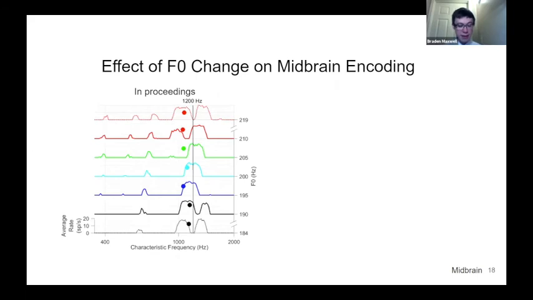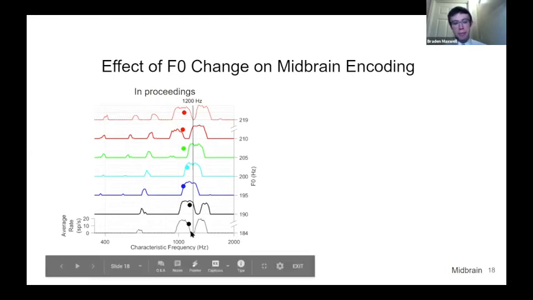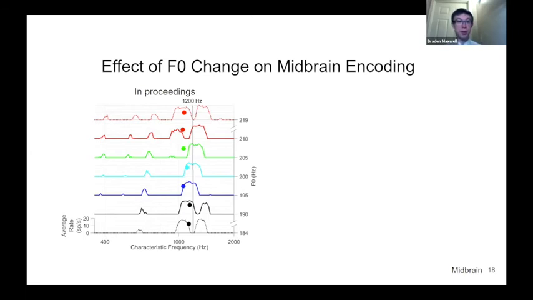All right, so now we're familiar with this midbrain representation of the centroid. The next question is whether there's a basis for changes in fundamental frequency to interfere with this representation. We're interested in this because we see that interference effect in the Allen and Oxenham data. So we're interested in just seeing if there's anything that could explain that. And because this code is not just a sharpened representation of the centroid, but actually a sharpened representation of harmonics near the centroid,